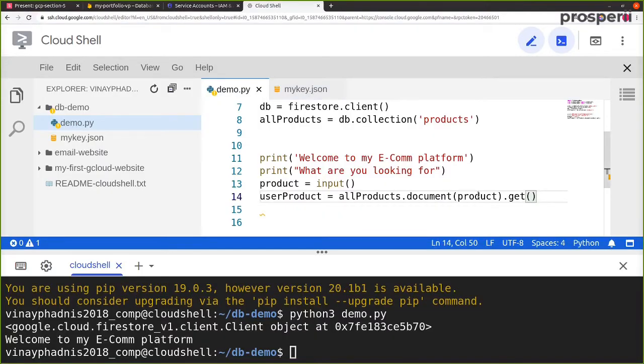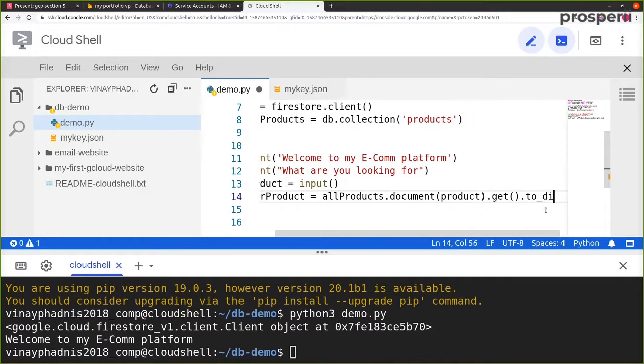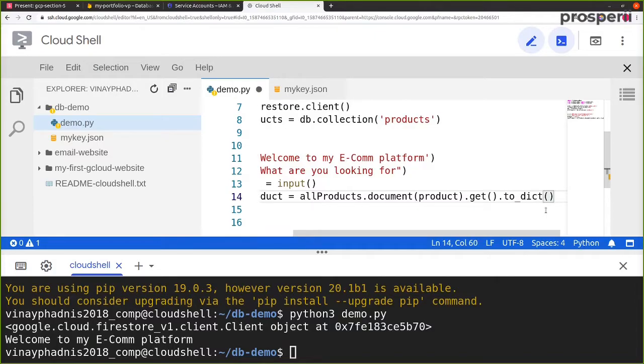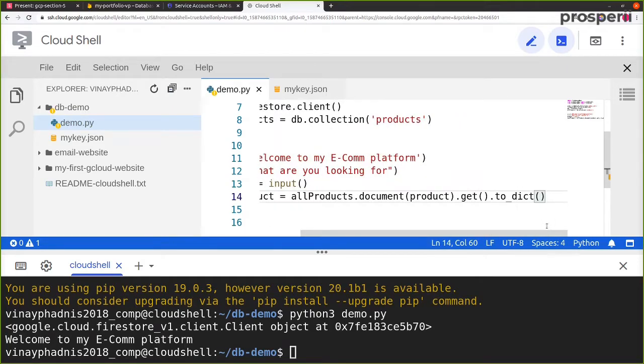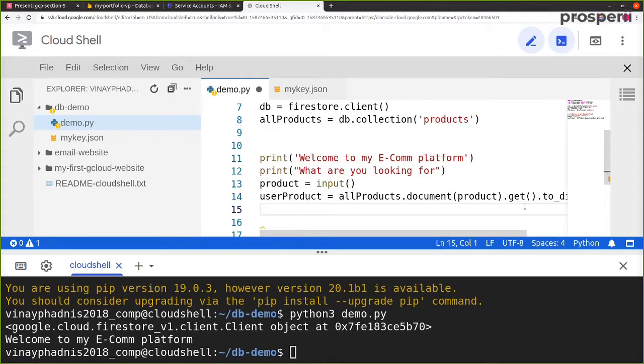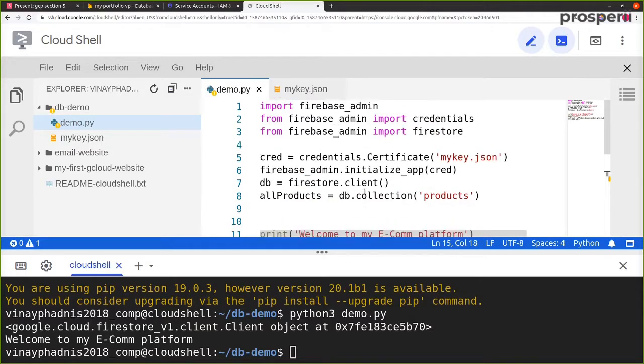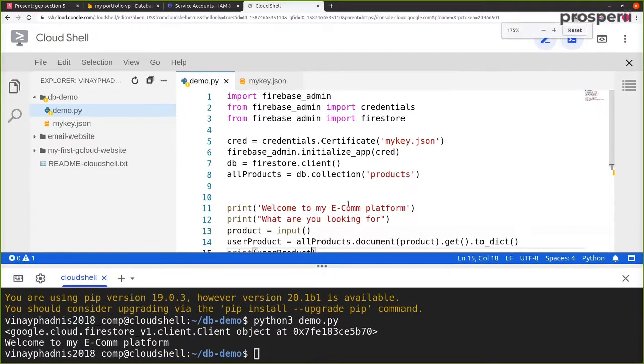In order to convert it to a dictionary, we have dot to underscore dict, so to dict. With this, we have converted this product to a dictionary, and now we simply want to print this product. So now we have print user product.